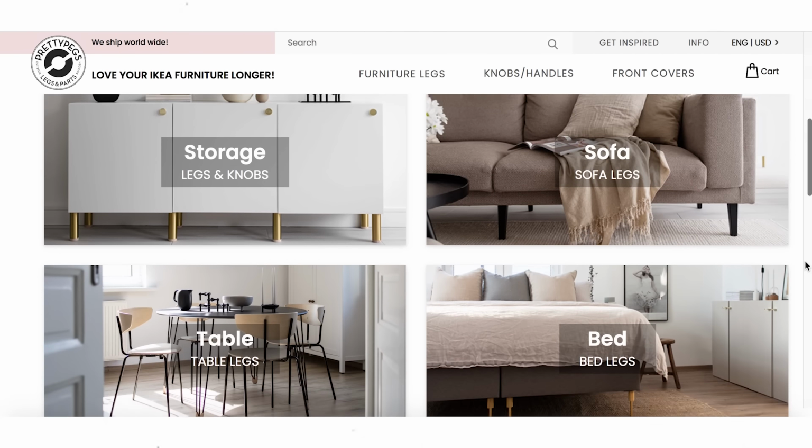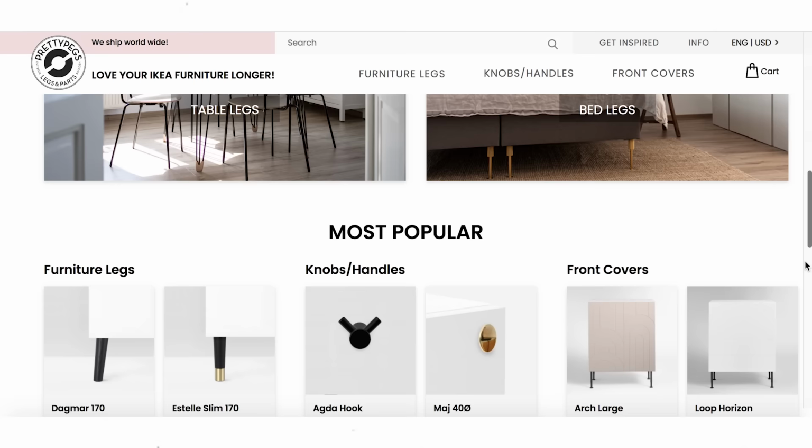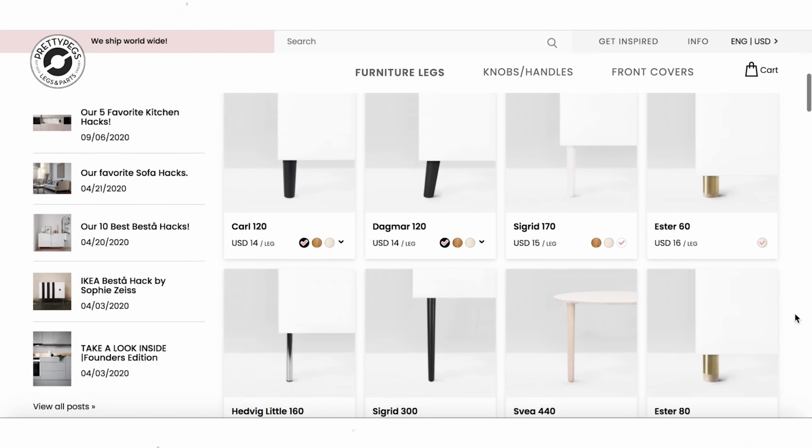Alright, so the first company I think everyone should know about is called Pretty Pegs. They create custom legs that fit into IKEA furniture, chairs, tables, cabinets. Really just adding a new leg takes the piece to a whole new level. A lot of IKEA couches come with these kind of square plastic feet, and that's what's really making them look cheaper sometimes. So I think Pretty Pegs figured that out, got all custom legs that you can add to your